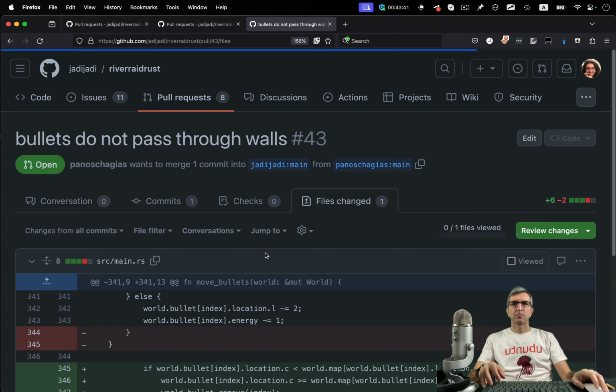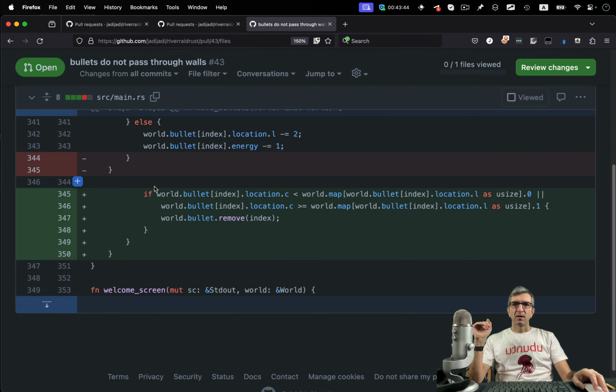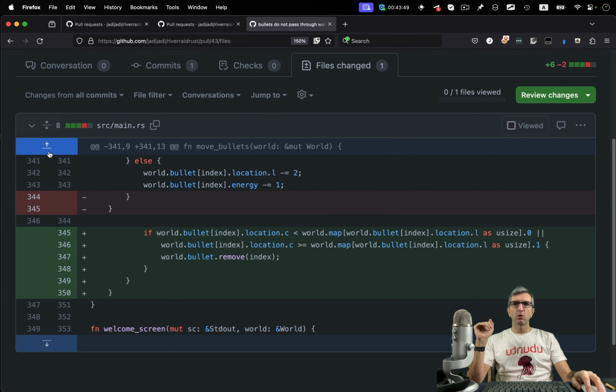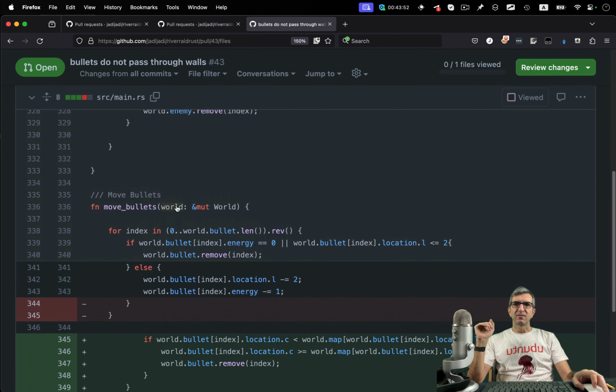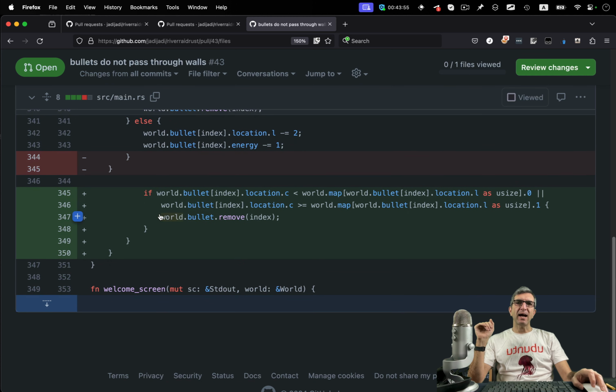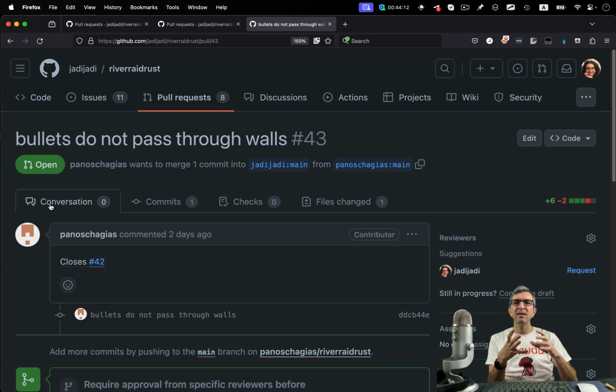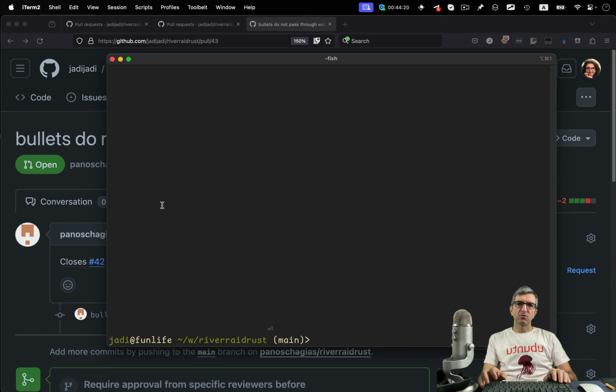So we have this. What is the code? It's kind of easy. The code says here, you can open it a little bit more to understand how it works. It's here on the move bullets. We have if the bullet index is smaller than this location, or the like, remove the bullet. Straightforward and easy. After we started the main thing, player, enemy, things start to be repetitive. Now we are checking if my bullet is on the wall. So we can try this.